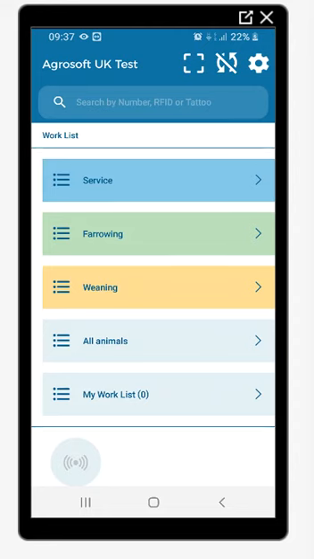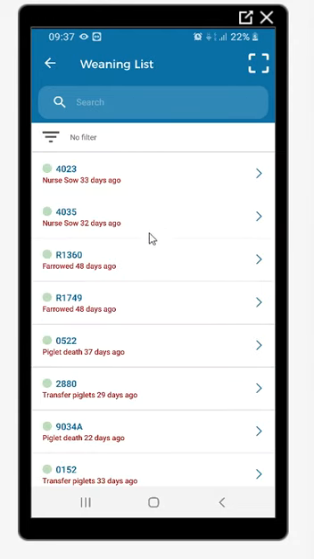This video will show you how to enter weanings into the PigVision mobile sales app. So firstly, we can tap on weaning in the middle of the screen there. What this will show you is a list of all animals that are available to be weaned, based on obviously